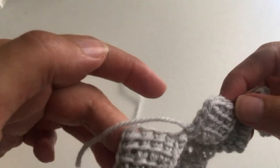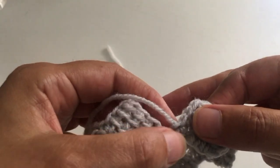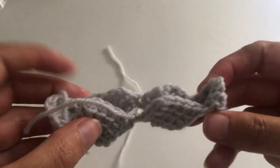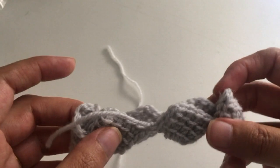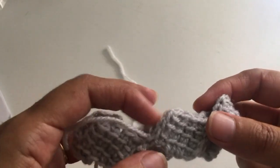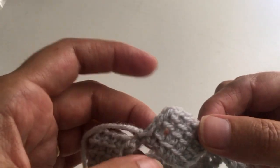The row is ready, as you can see, and I cut the thread. I closed it here and I cut the thread because I'm going to use another color. As you can see, we have 6 in all. 3 and 3, 6. 1, 2, 3, 4, 5, 6. Now I'm going to start with another color. I'm going to start from here,